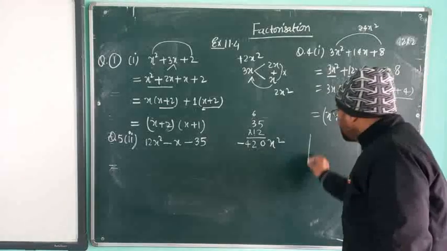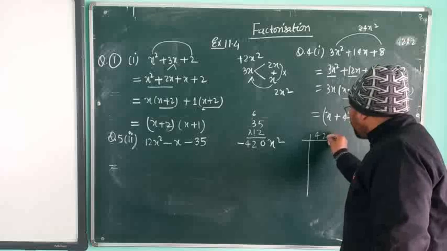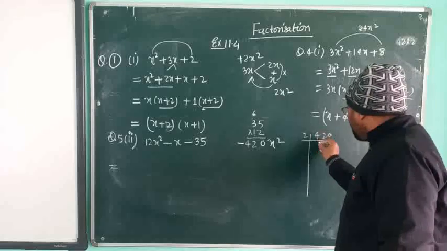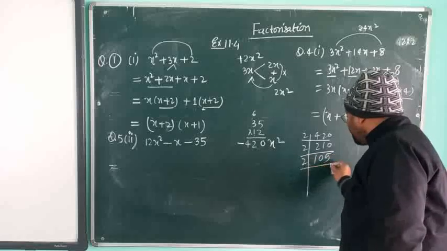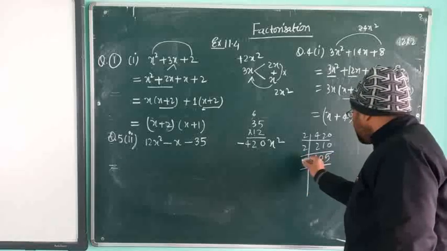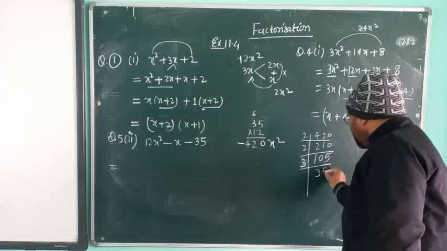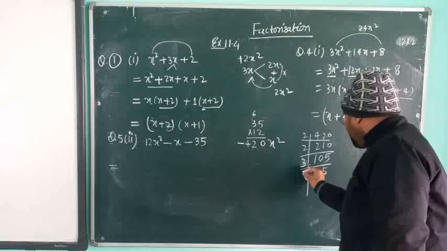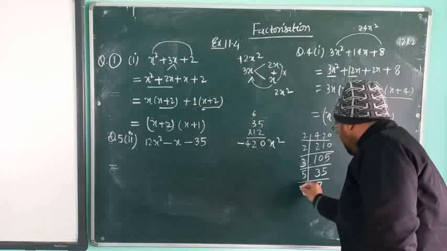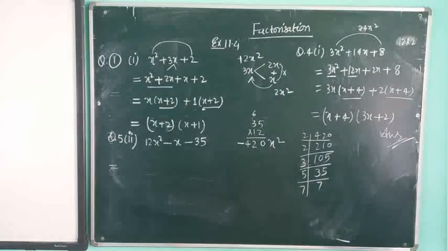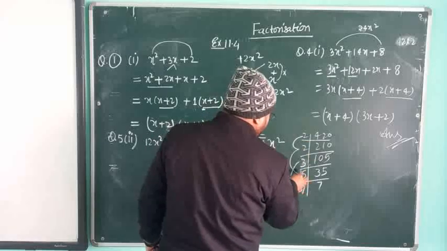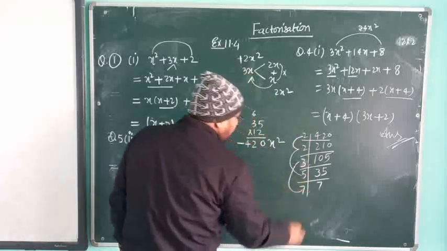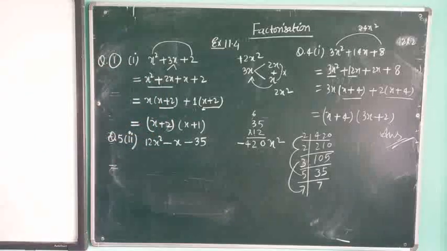So it is easy for you to do this factorization of 420. If we do this factorization, we are getting 210, then 2, 105, then 2, not 2, 3, 3 3s are 9, 3 5s are 15, then 5, 5 7s are 35. These are the numbers we have. 5 2s are 10, 10 2s are 20, and 7 3s are 21. 21 minus 20, we are getting x.